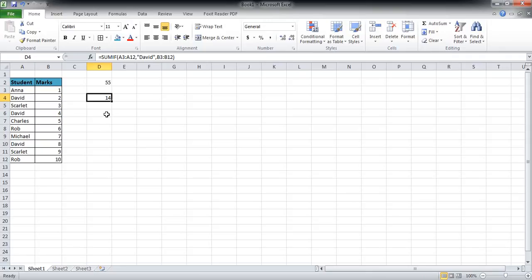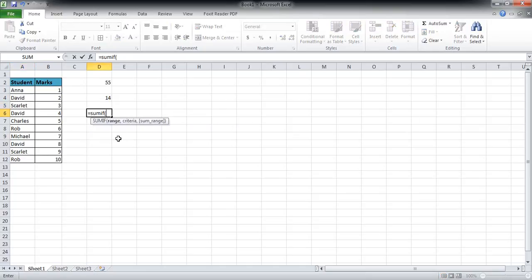We can perform a similar thing using a different name. For example, we can do the same kind of analysis on Scarlett. If I were to add up the marks of Scarlett, they should come out to be 3 plus 9, 12. So let's just try it out. There it is. The interpretation of the result 12 is that if I were to add up the marks obtained by Scarlett in different semesters, they would come out to be 12, which is what we discussed before: 9 plus 3 is equal to 12.